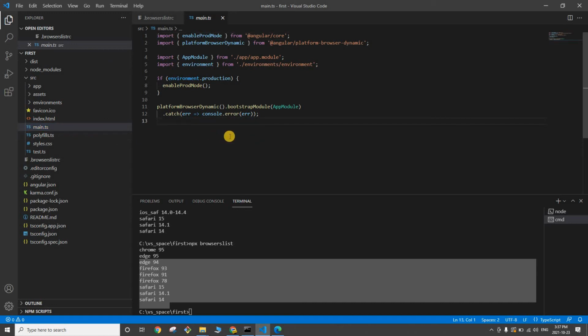So for example, if you talk about your Java code, you have your main class, right? So the main class is the entry point of your application. Similarly, in Angular, you have main.ts. So this is the entry point of your application, right guys?